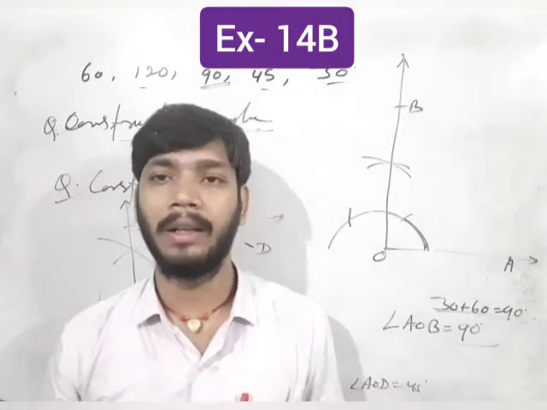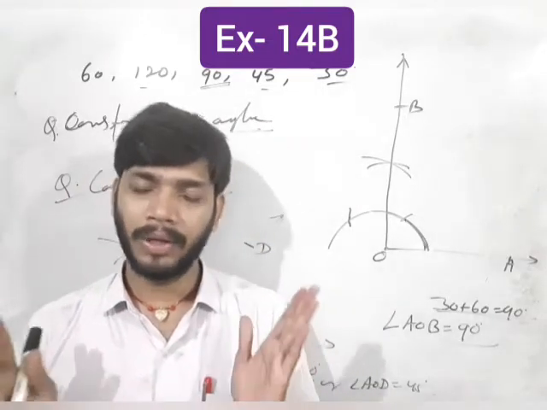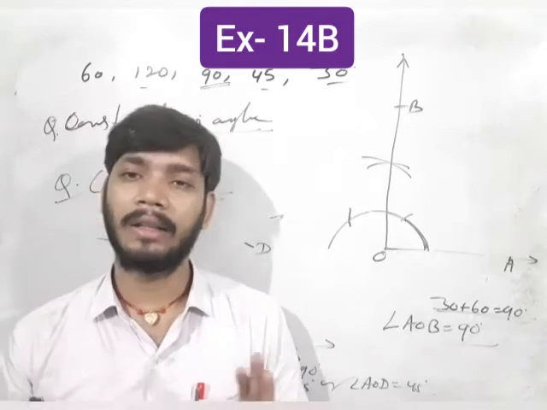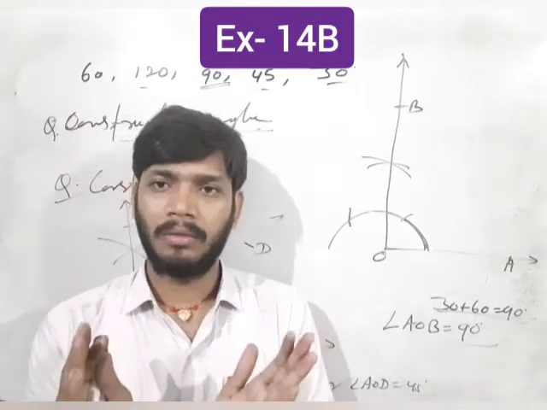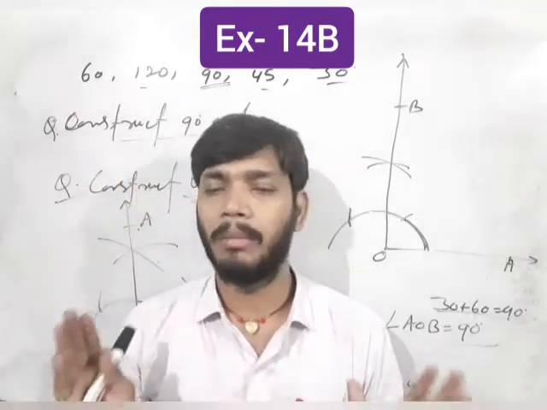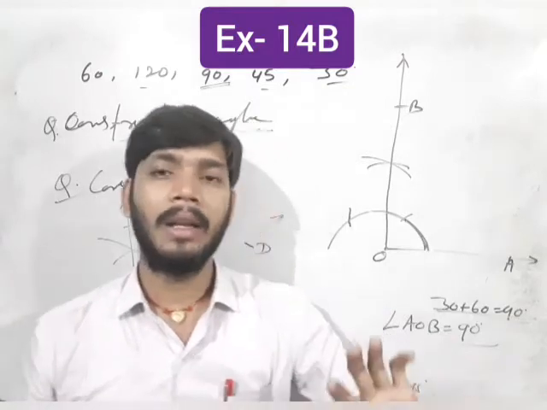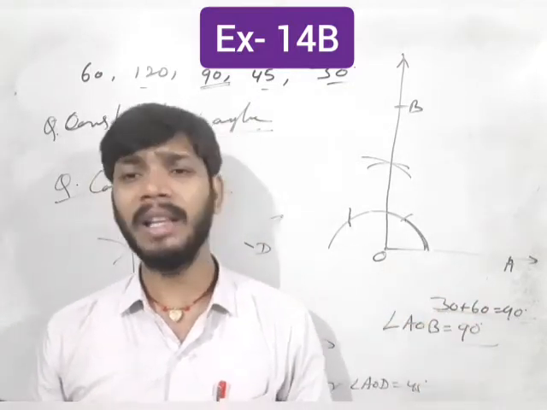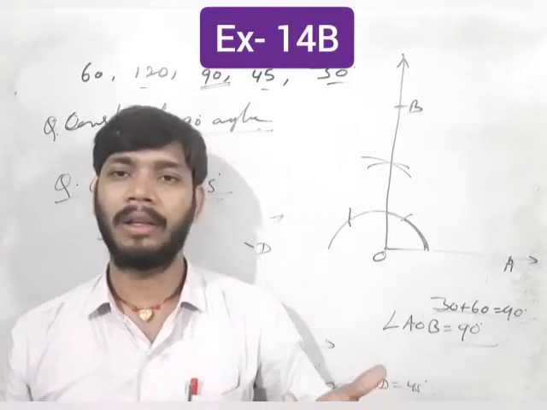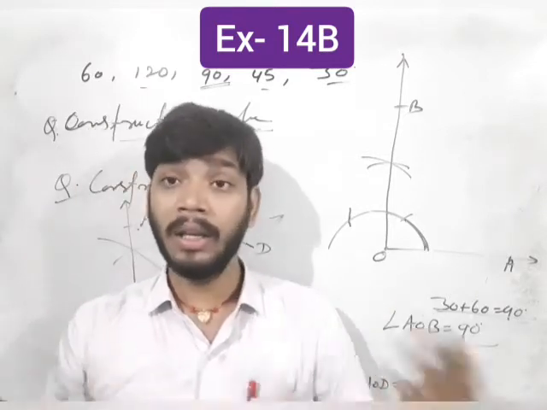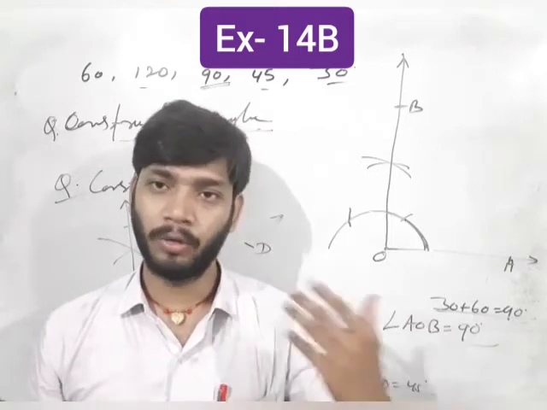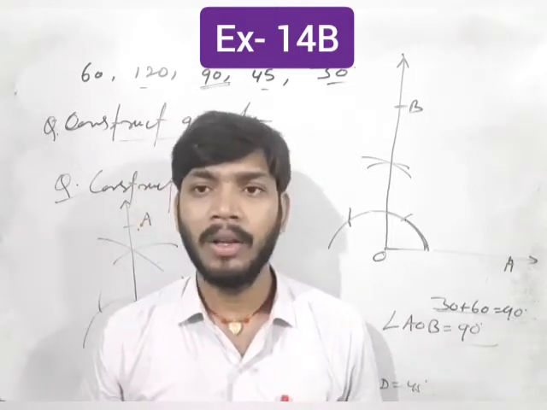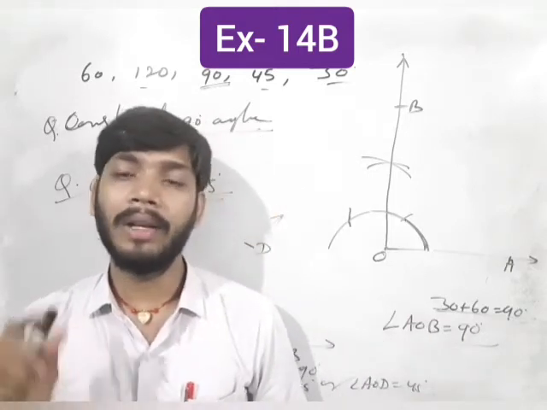Suppose 70 degree. When you have to draw a 70 degree angle, it's very difficult to construct by using the compass. It will be drawn by using a protractor. Mainly, the angles in the 15 times table are easily drawn by using compass or ruler. So students, here now when we have to draw